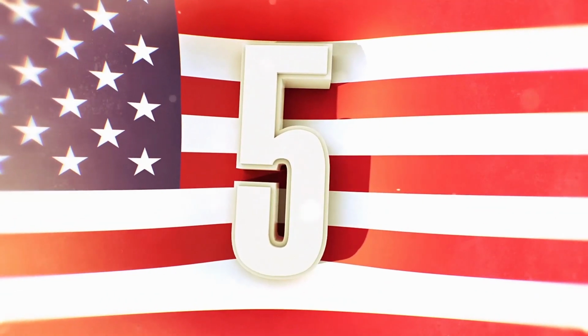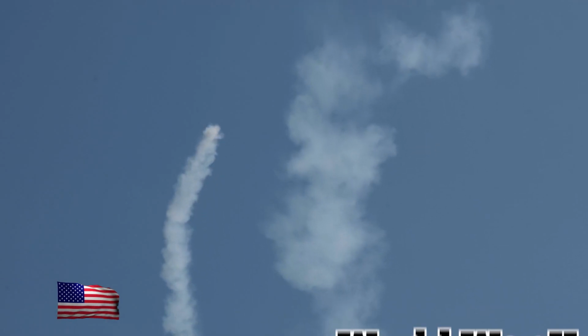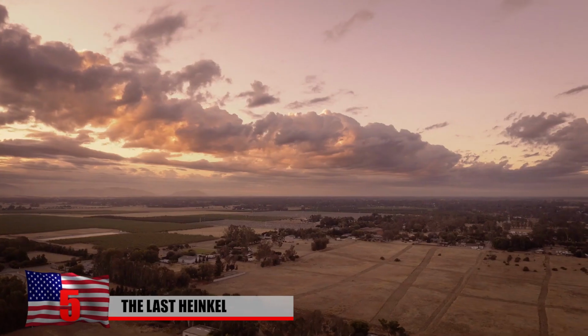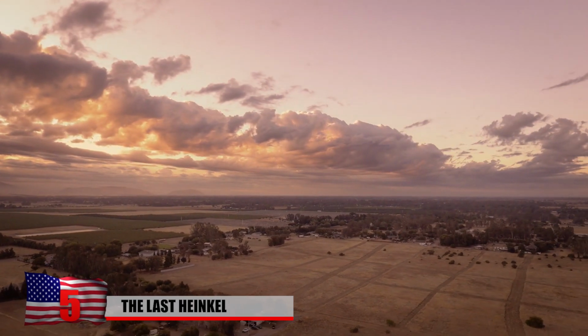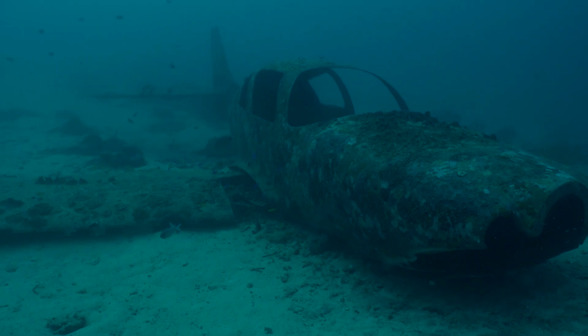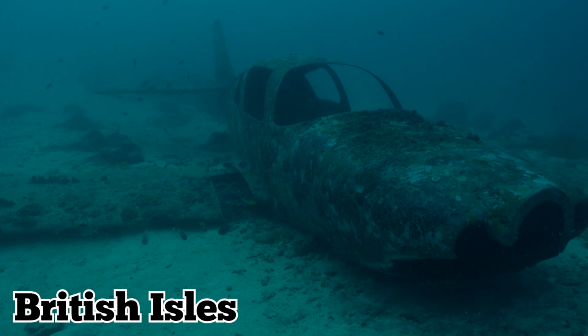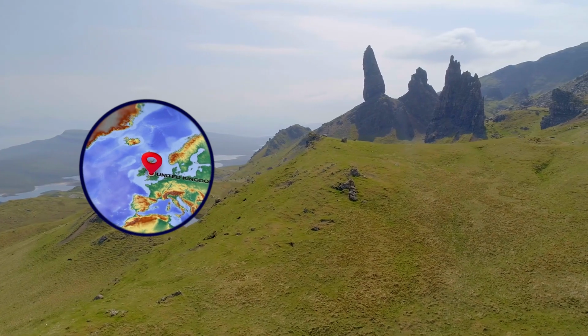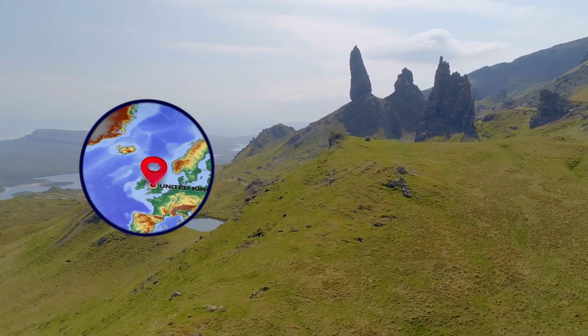5. The last He 111. Throughout World War II, the British shot down a large number of German bombers. But these wrecks remain curiously absent from the landscape today. Most of the destroyed planes ended up in the water surrounding the British Isles, where they occasionally reappear. One of the only 2 remaining German wrecks that can be found on land in the United Kingdom is a